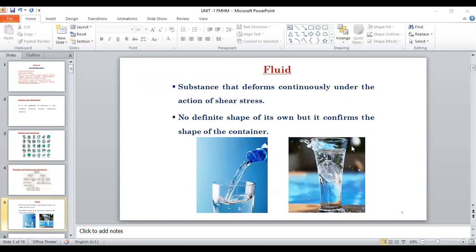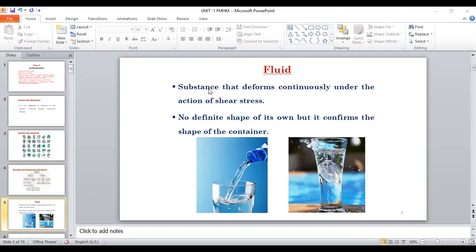Okay. Next, before going to our subject, first we need to know the main thing which we are going to see in our subject, which is fluid. First of all, we need to know what a fluid is, right? Everybody knows what a fluid is. It can be a liquid or it can be gaseous also. Fluids, because we can say that a fluid is a substance which can flow, right? So the flowing fluids will be like water. Water can flow, and some gases like air, some other gases also can flow. So these all come under fluids. So under fluids you can see liquids are there as well as gases are there.